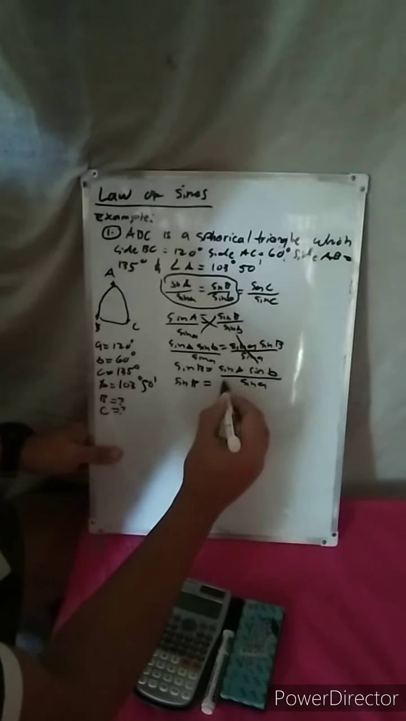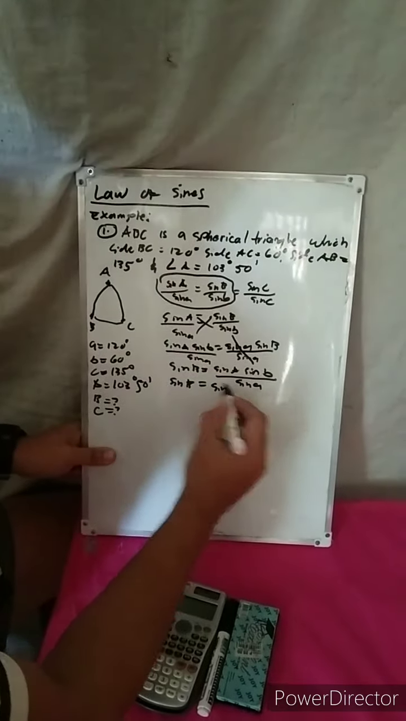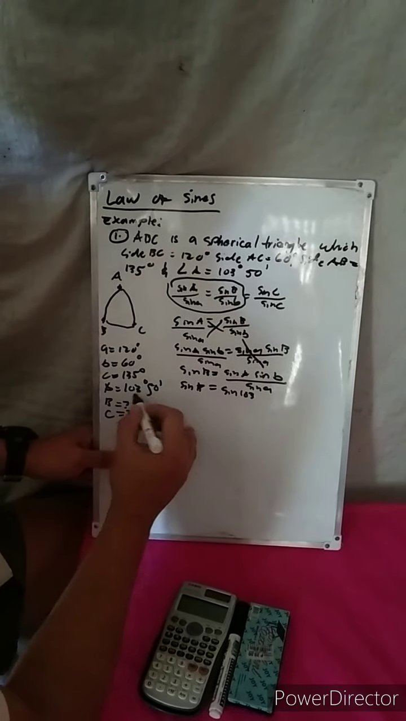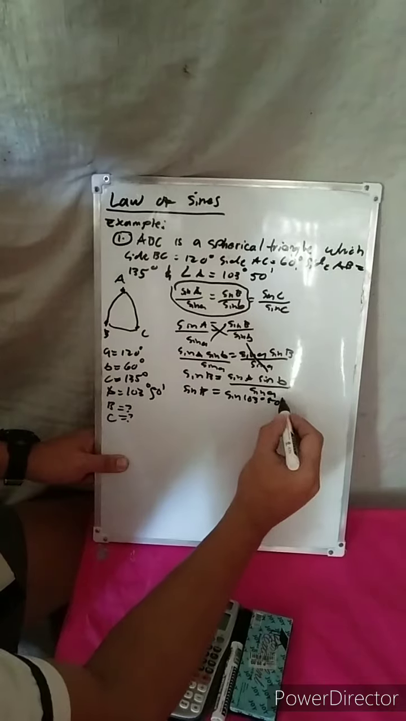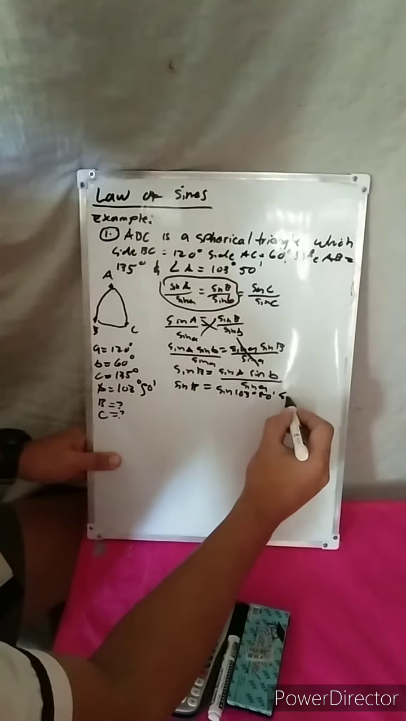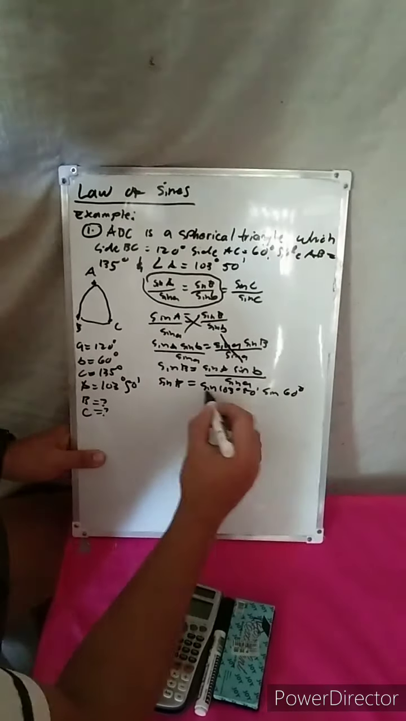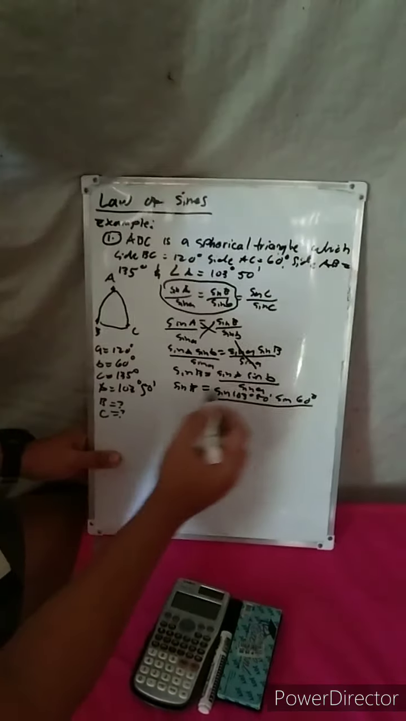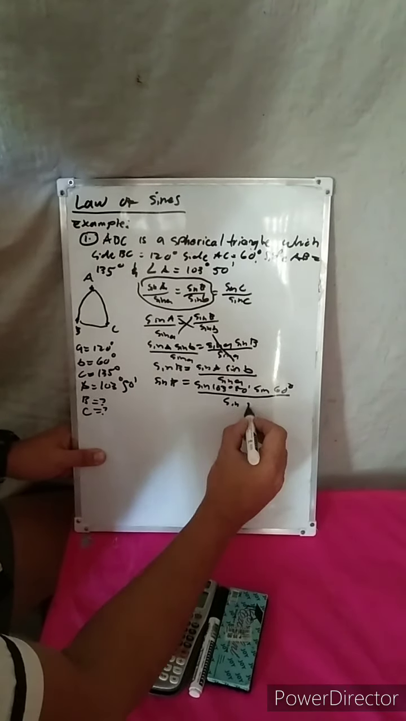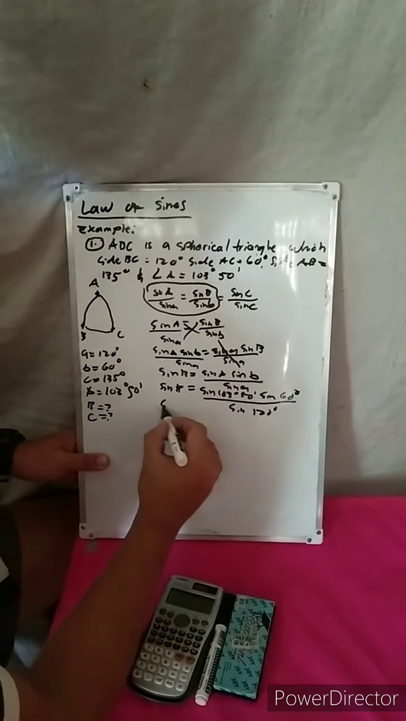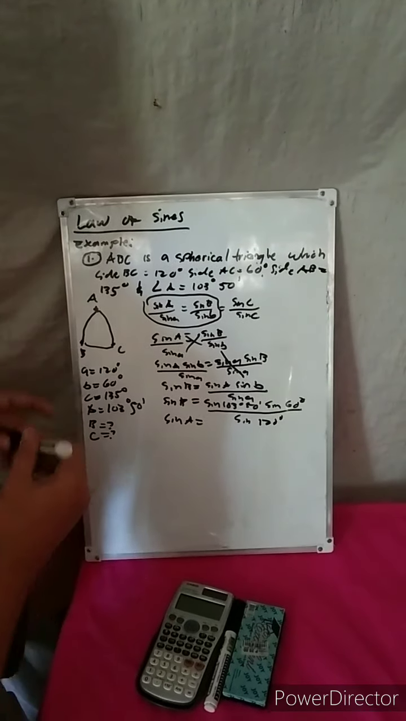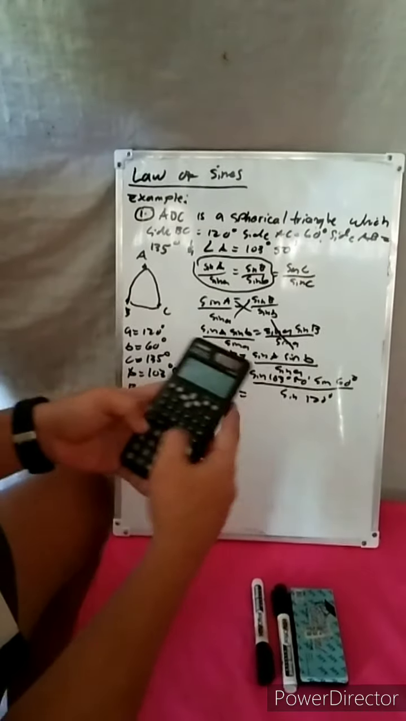Sin B equals, ang sin A na to kay 103 degree and 50 minutes. Then, ang sin B na to, 60 degree. Sin B, 60 degree, divided by sa sin A nga 120 degree. So, sin A is equals, sa calculator na to, sin 103